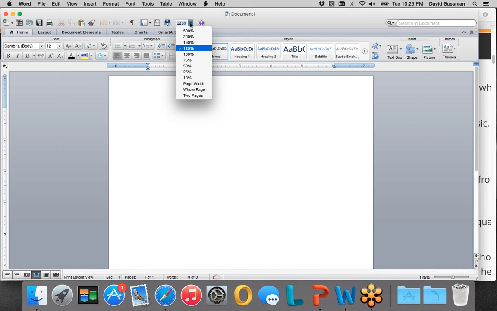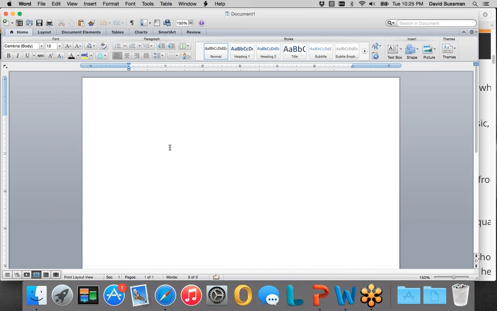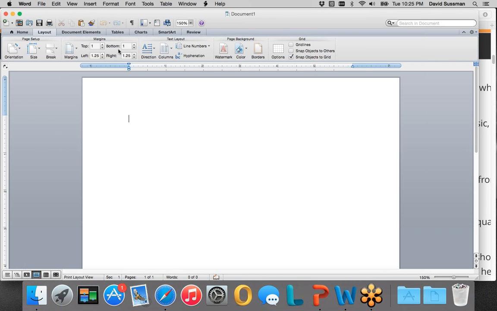Okay, so I have a blank document open. The first thing we need to do is click on the Layout tab. And the first thing we're going to do is set our margins. In APA, top, bottom, left, and right all get set to 1 inch. So top and bottom are set to 1, but left and right margins are not. So I'm going to change that to 1. And you may not see it, but the changes are occurring in real time on the ruler. Okay, boom.